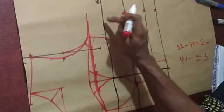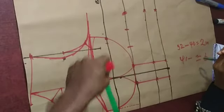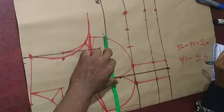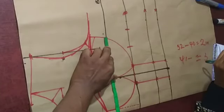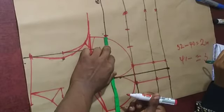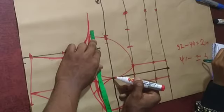Okay. So next thing we are going to be doing now is that we are going to be inputting our bust circumference. So let's input the bust circumference. The bust circumference is 35. Okay, 35 divided by 4 is 8 3/4. Okay, so mark out your 8 3/4. Are you seeing it? So please, I want you guys to add an extra 1 inch to this particular thing